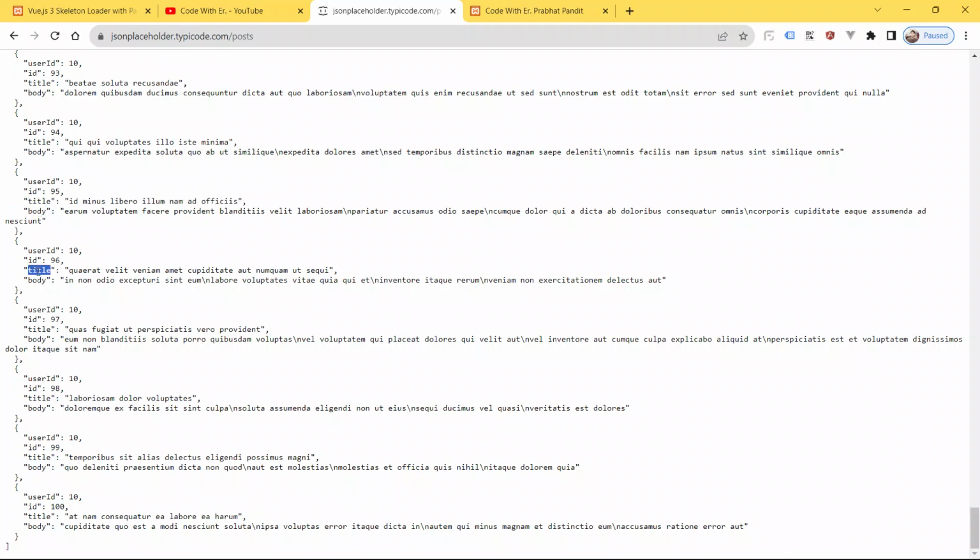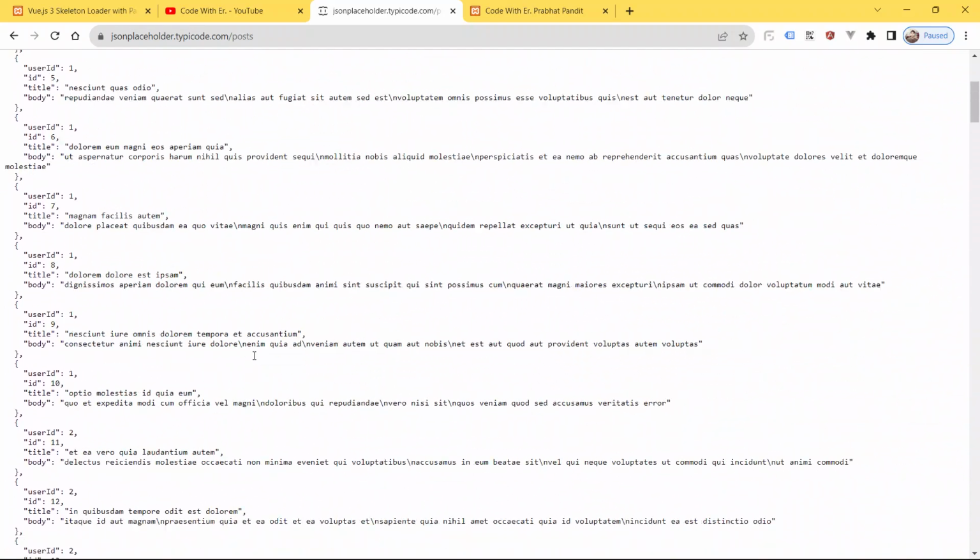You can see here title also and body also. On each and every post, you will be able to see the title and body.